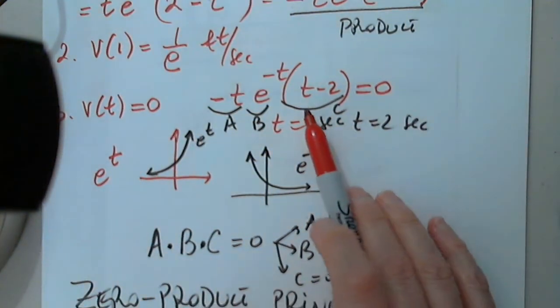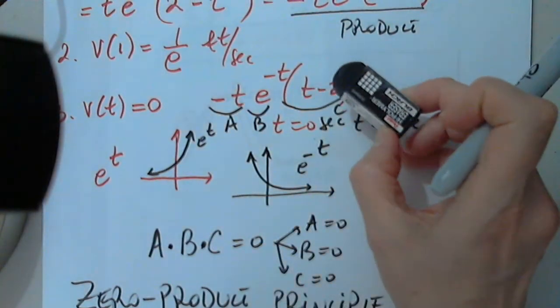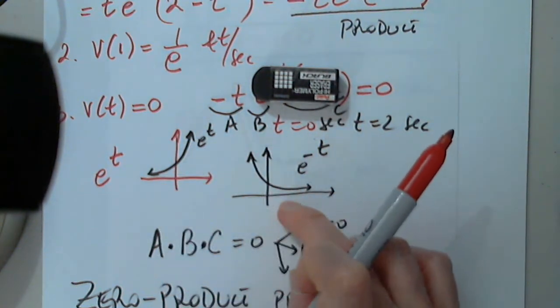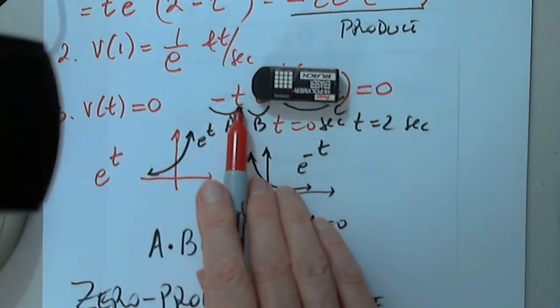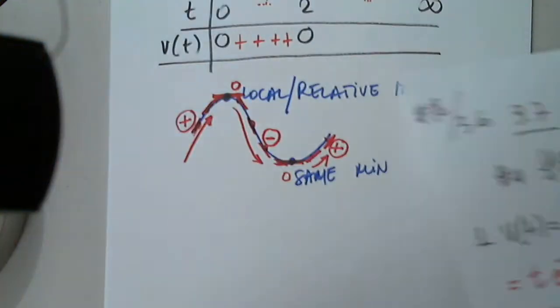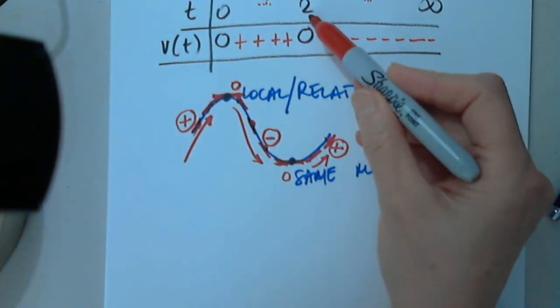So let's see what we get with 3. This is positive, this is positive. How do I know? Well, 3 minus 2 is positive. This is always positive. We already know. It's always positive. And I put 3 in here, but there is a negative, which means that the velocity is negative past 2